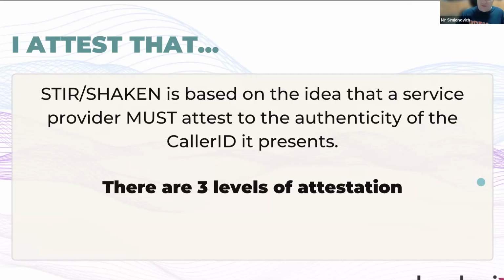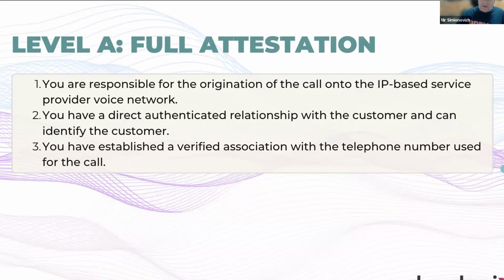And we have three levels of attestation. The first level is called full attestation. Full attestation basically means: one, I own the number that I'm presenting. Number two, I as a telephony provider can fully attest to the origin of the call, the owner of said phone number,